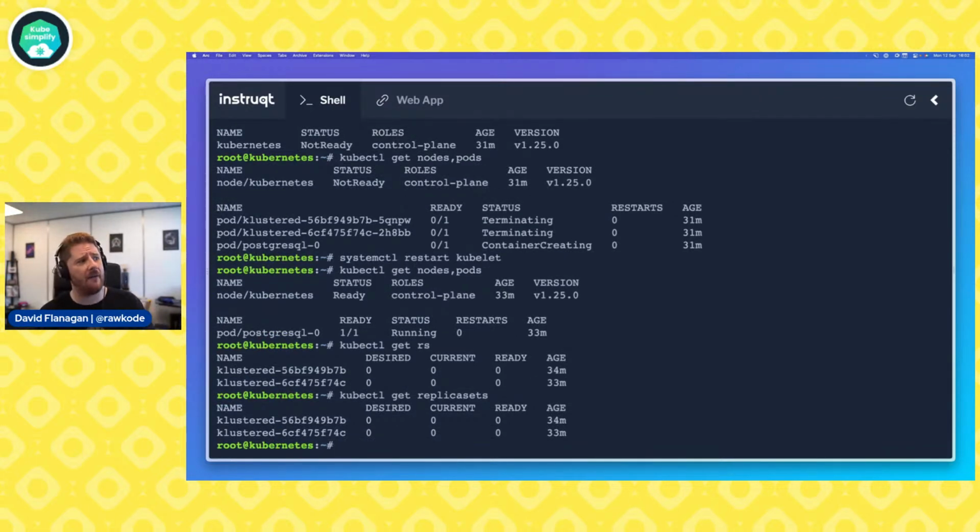And we can see that we have 2 replica sets. Now, why do we have 2? Well, whenever we make a change to the parent of the replica set, and the commenter in the chat is correct here, the parent is the deployment, it actually creates a new replica set, and then that replica set will create new pods.